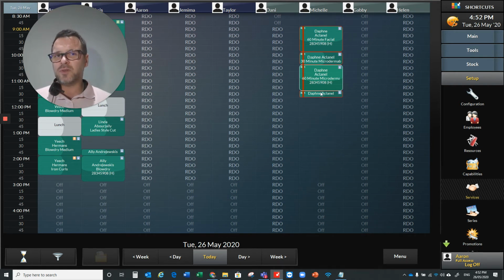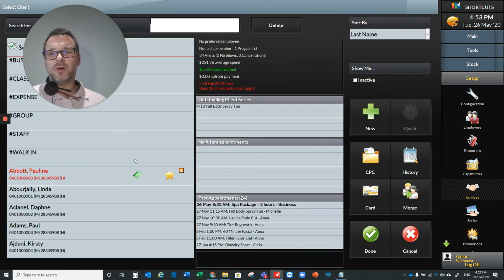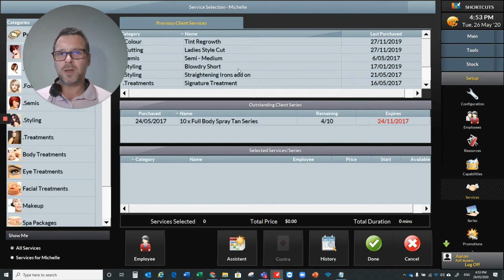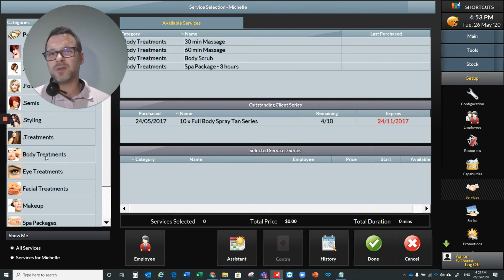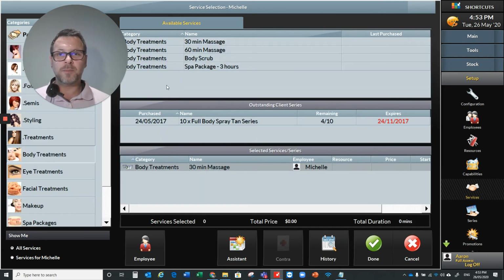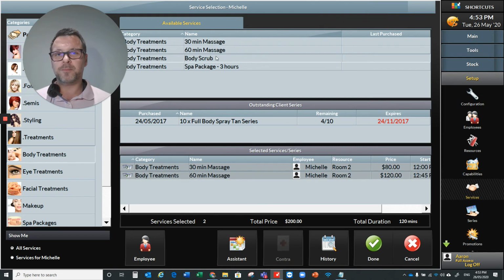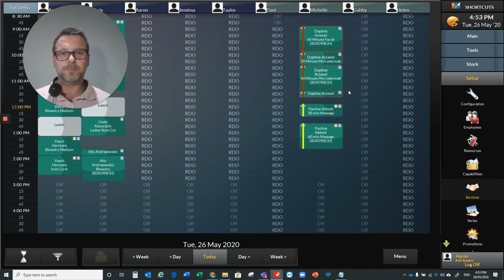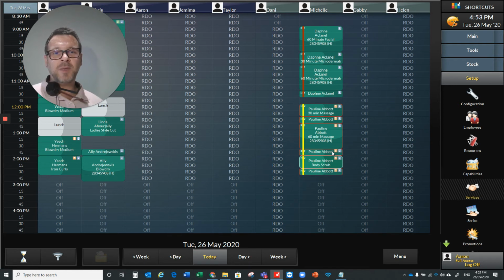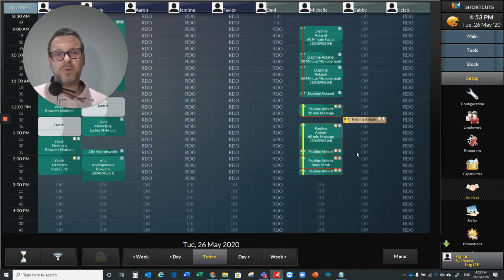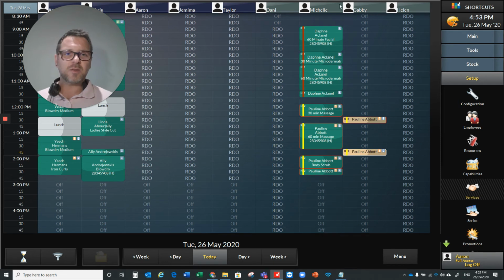Now, if you don't tick that finishing block as you're setting this up, I'm just going to show you what happens. I'm going to click on Pauline. Now, we're going to open up the body treatments because these are the ones that I set up without the finishing block. And then what you'll see are 3 services appear, but each service has another block to it. So these blocks we don't really need because we've got the same clients in the same room. So that's why we're going to set it up as a finishing block,